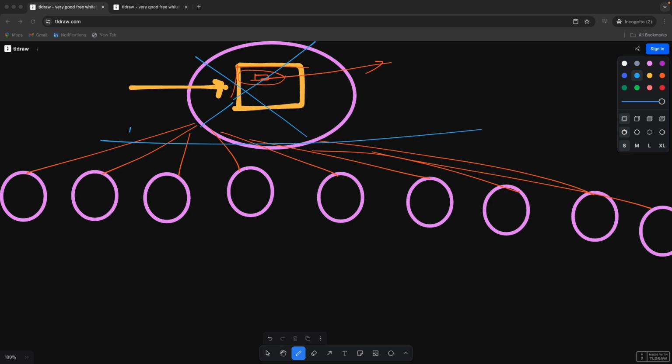Now we have introduced a term called server, so let's study why we are calling it a server. Or even if this were a database, it would be far too slow, right? So what we do is